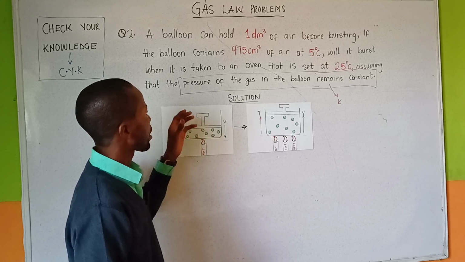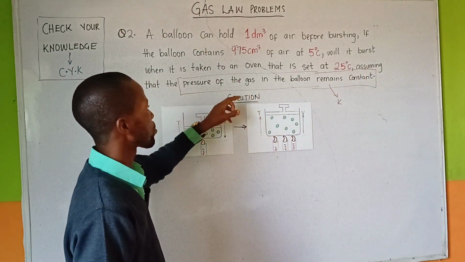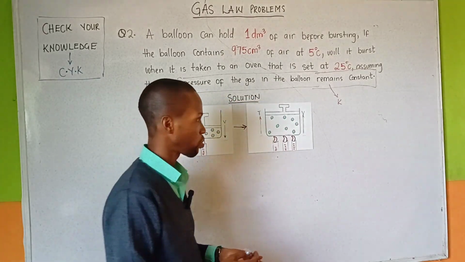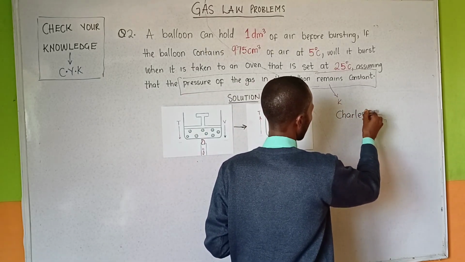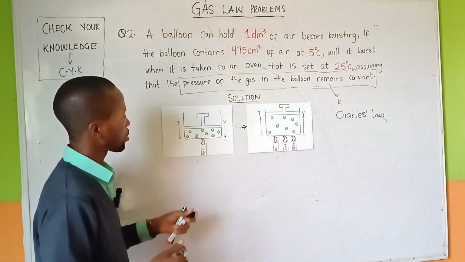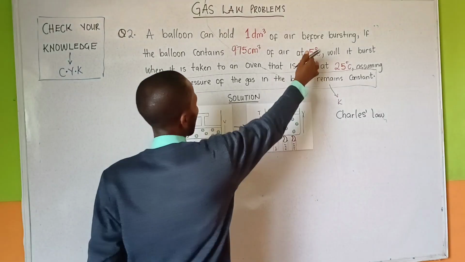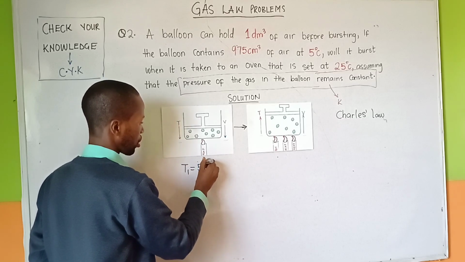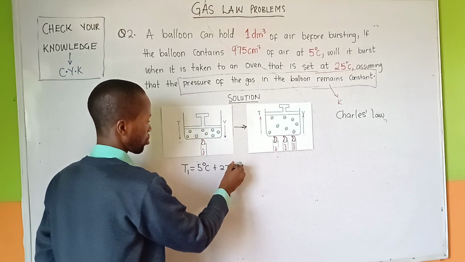It can be observed that towards the end of the question we have: assuming that the pressure of the gas in the balloon remains constant. So constant pressure is in accordance with which law? We have Charles' law. From this, we can deduce that the temperature is low, which is 5 degrees Celsius. So at temperature T1, we have 5 degrees Celsius. When we convert it, we have